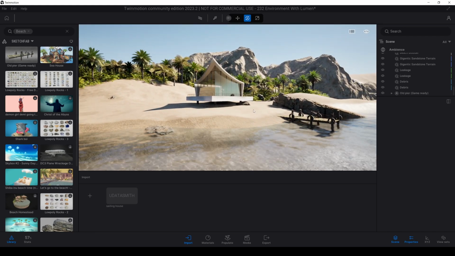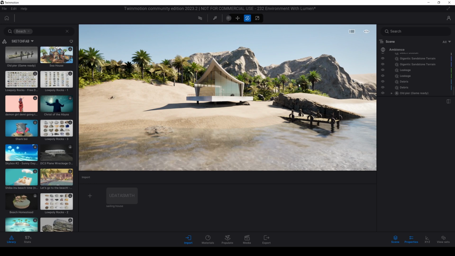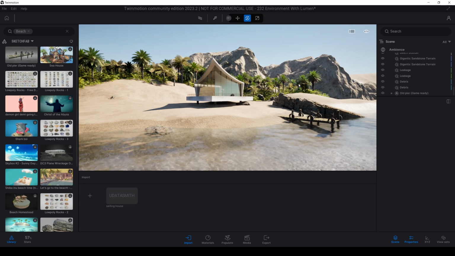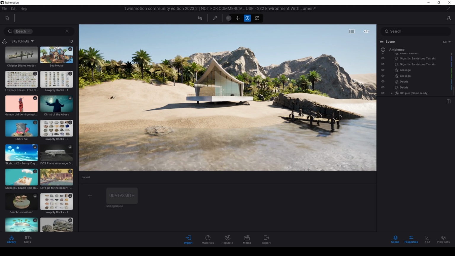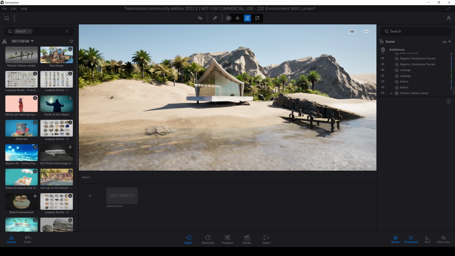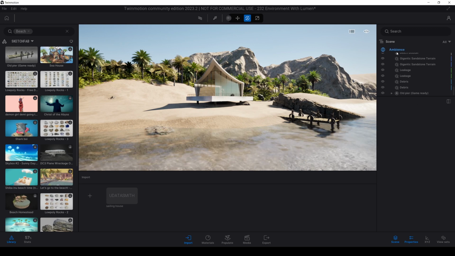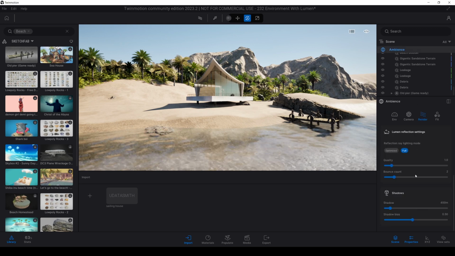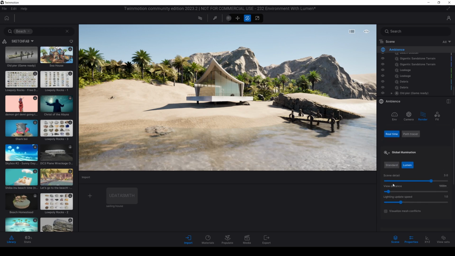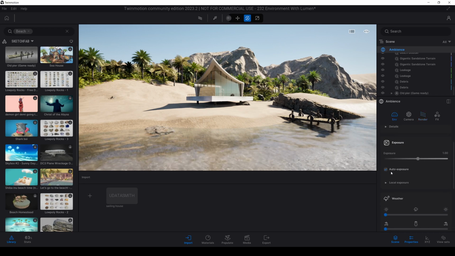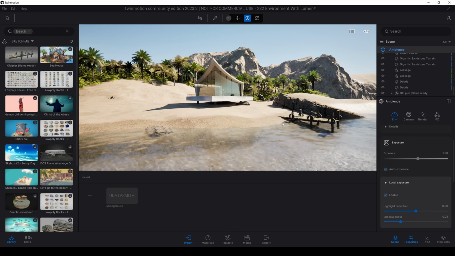Now we are in the lighting stage. As for the lighting, we have a very useful new effect coming with version 0.2, which is this local exposure.